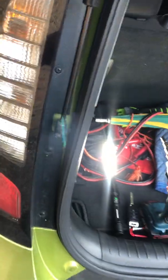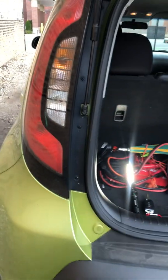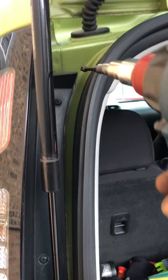Welcome back to Tech Figure Out, and I'm back with another video on the 2014 Kia Soul, and I'm gonna show y'all how to remove the brake light. All you want to do is come around to the back, open up that hatch, get that trunk release open, and then